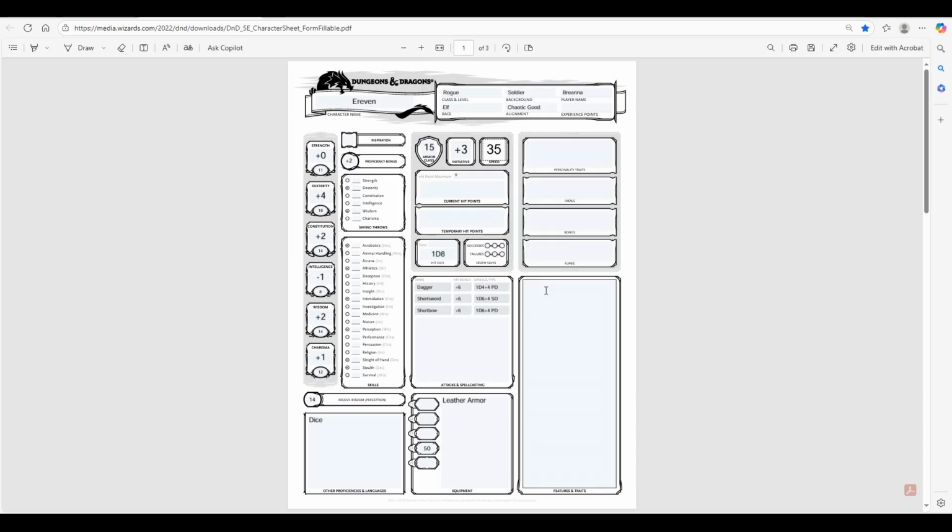Features and traits is going to be harder, as every different race and class will give you different features. So unless you're playing an elf or a rogue, this part isn't going to be particularly helpful for you. If you want a list of all of the different classes' informations, then I will link D&D Beyond down below, and it will give you all the information for any class and any race. Whereas if you are a rogue or an elf, then you can follow along to a lot of the abilities that I'll be doing,